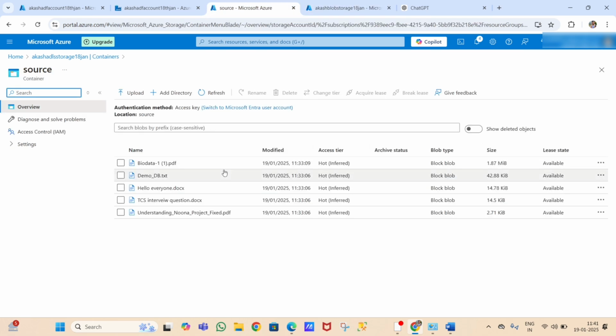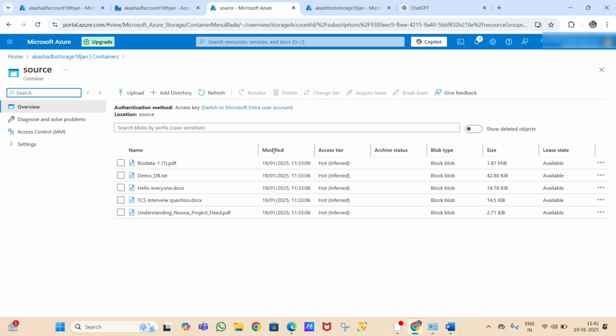Why? I want these files to be copied to blob storage, and after they are copied successfully, they should be automatically deleted from the ADLS account.